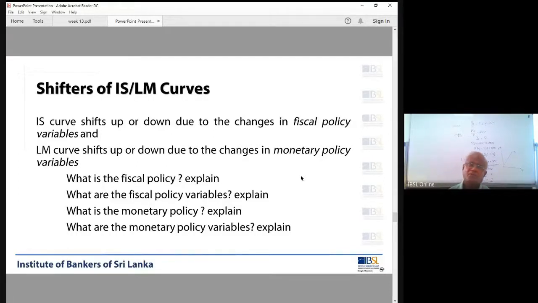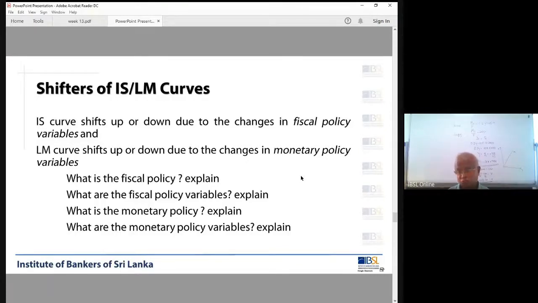For example, recently, last week, unemployed graduates, I can't remember, around 20,000 or so graduates, were appointed by the government. These are government, not private sector. Now they are assigning these graduates to each divisional secretariat, and they are undergoing training in the activities within the DS division. So when the government employs these graduates, the government has to pay their salary.